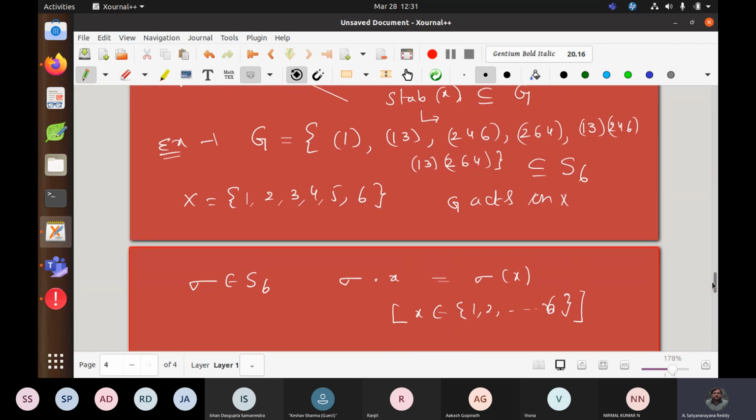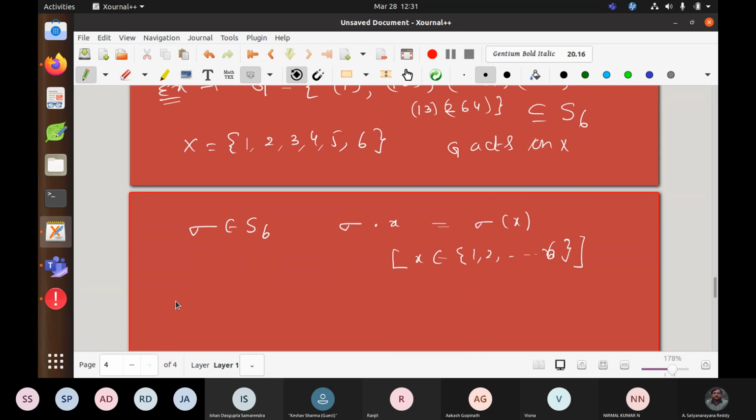what is the orbit of the elements. So I take 1 belongs to capital X. So what is the orbit of 1 and the stabilizer of 1? All right, somebody can help me. What is the orbit of 1? The cyclic group is generated by sigma. What I mean is it is generated by sigma of 1, so it is going to be the set containing 1, sigma of 1, sigma square of 1 and so on.